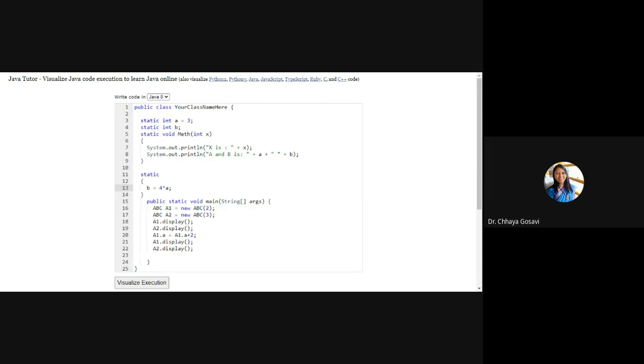Okay, we have created the objects, and let's call the main method, a1.math with value 42, semicolon.